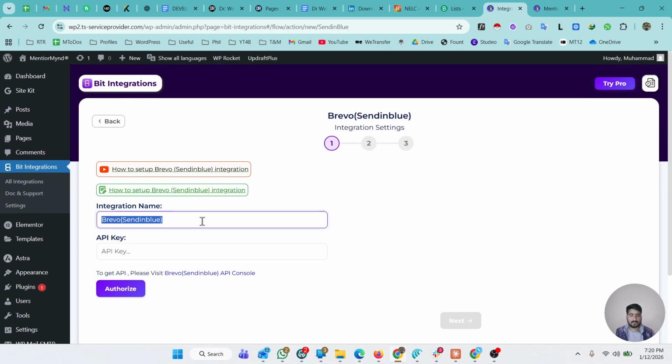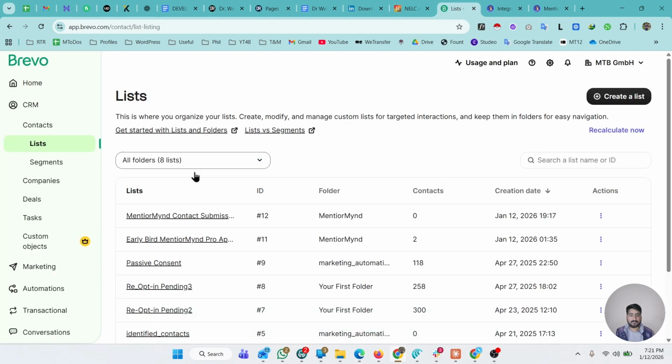So first of all, here you have to give name to your integration. That is, let's give it a name, Elementor form to Brevo, and here you have to paste your API key. In my case I have already generated it, so here you have to go back to your Brevo account and